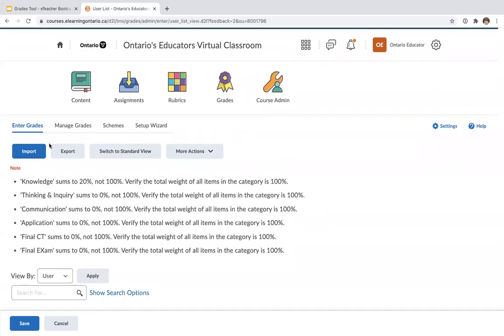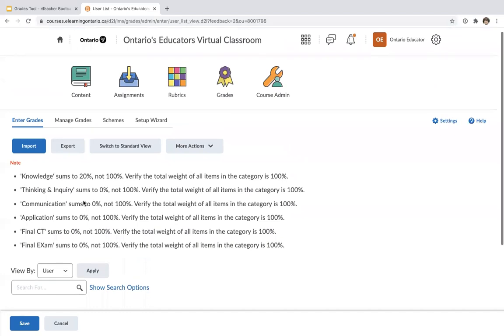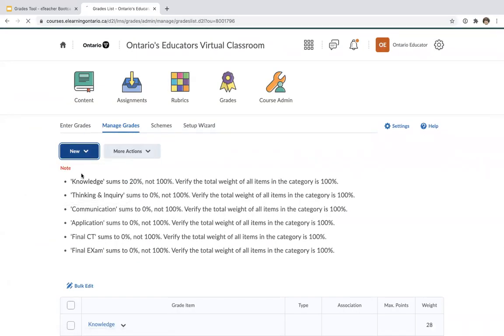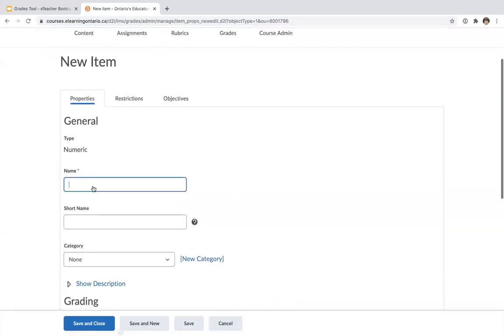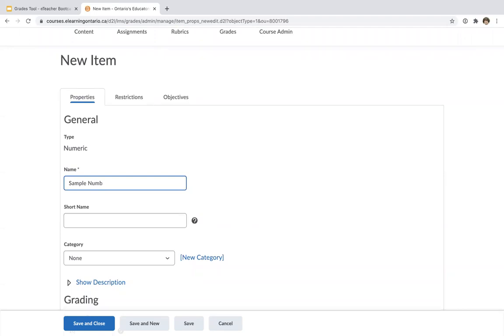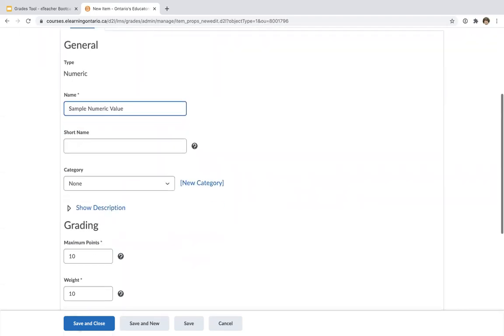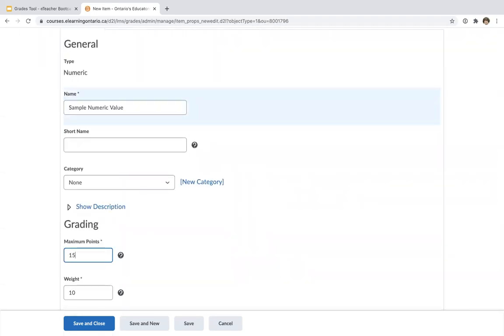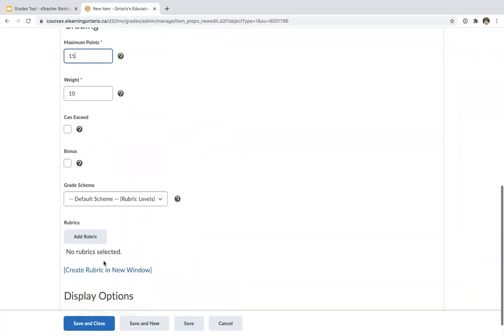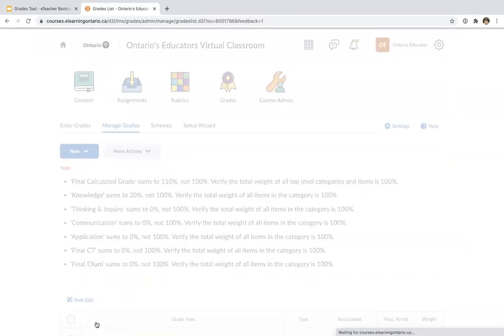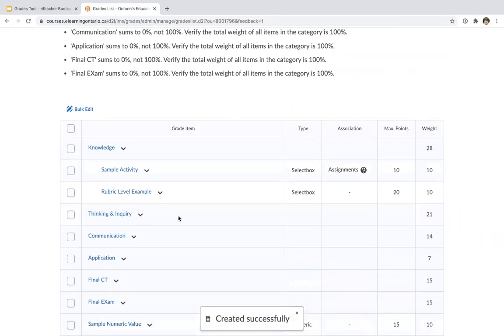I can also create a new entry, again, by going to Manage Grades, creating new item. I can also create one that's numeric. So this would be just if I wanted to type in a numeric value. Again, whatever it's out of and whatever I want it to be worth in terms of weight. And then I can now, within that item,